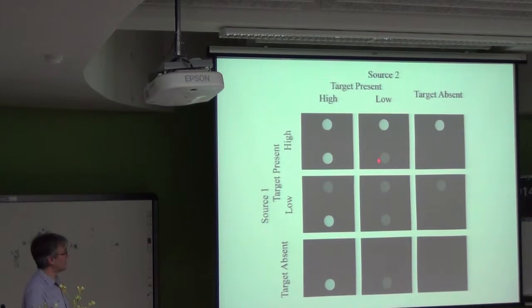It could be a bright dot, a dim dot, or absence of a dot. It could look like an AND design if you ask your subjects, as soon as you see both dots, press one button. If you see only one dot, regardless of the brightness, press the other button. They will generate directly an AND design here, and this is exactly a factorial group, you can analyze it to calculate the SSE